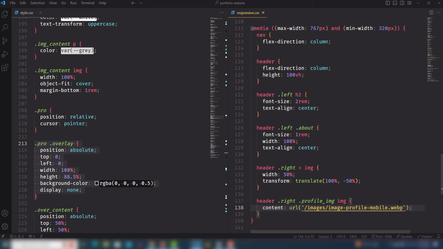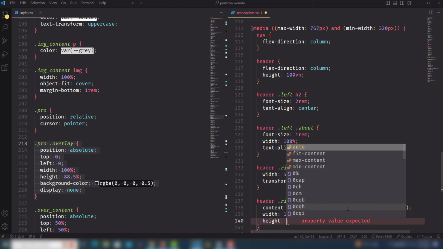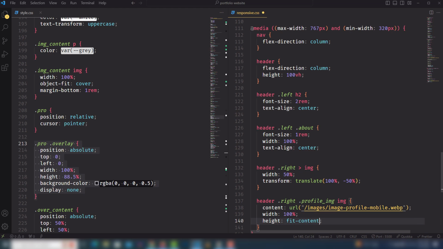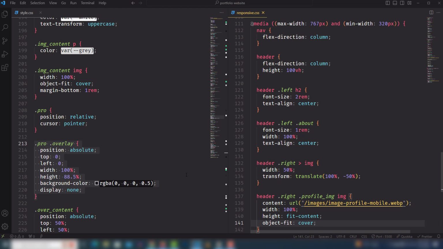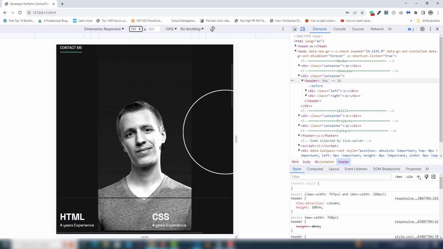In a minute, images, profile, and mobile. Okay, I will use width 100%, and height fit-content, and object-fit cover. So we need to save, and yeah,